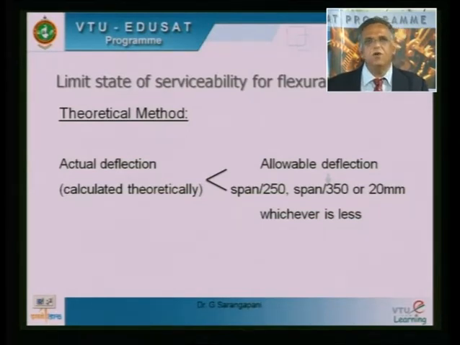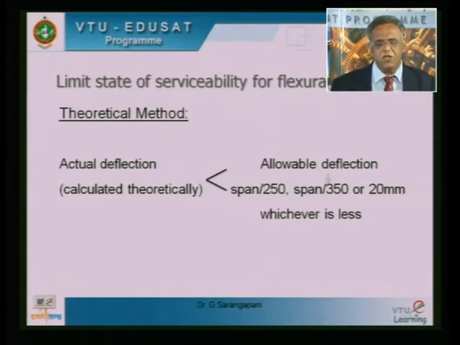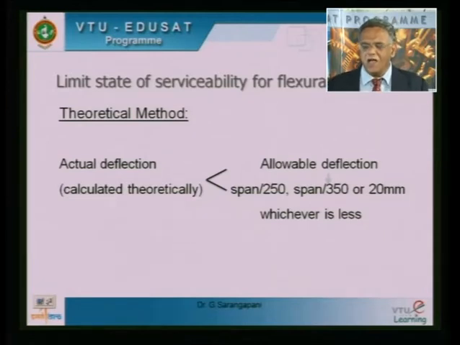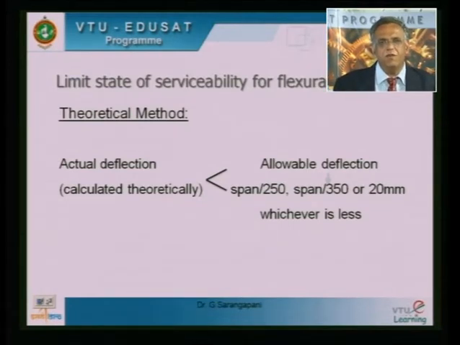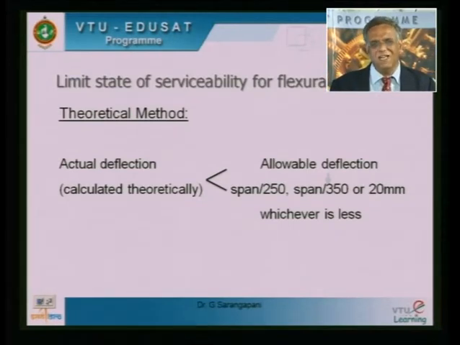And further, one more check is there. Deflection is checked at two different levels. The very first one I mentioned, that is L by 250, is the final deflection due to all the loads, whereas the deflection including the effects of temperature, creep and shrinkage occurring after erection of partitions and the application of finishes shall not exceed span by 350 or 20 mm, whichever is less. This is how we arrive at the value of the allowable deflection in the theoretical method.